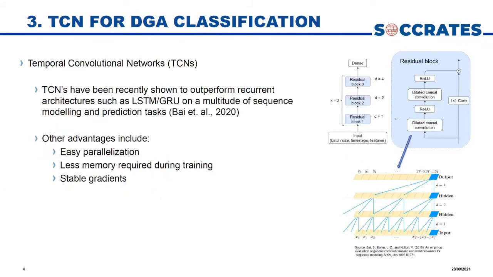The choice that we made, when we scanned the realm of neural networks, we came across something called temporal convolutional network. This is basically a specific type of convolutional network. It has been shown in some recent studies to basically outperform other sequence models like long short-term memory networks and gated recurrent units on a lot of sequence modeling tasks. And you'll be able to find this in the paper that's on the slide.